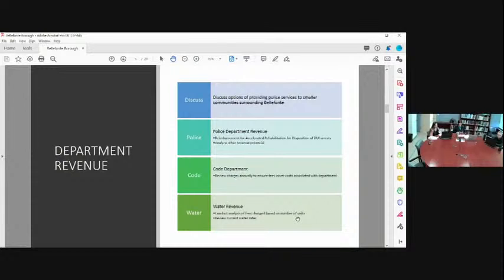Your code department, looking at those rates, your code, and I know that Center Region COG provides those services, but looking at your rates and making sure that they're annually reviewed and they're keeping in line with what's being charged in other municipalities. The water revenue,